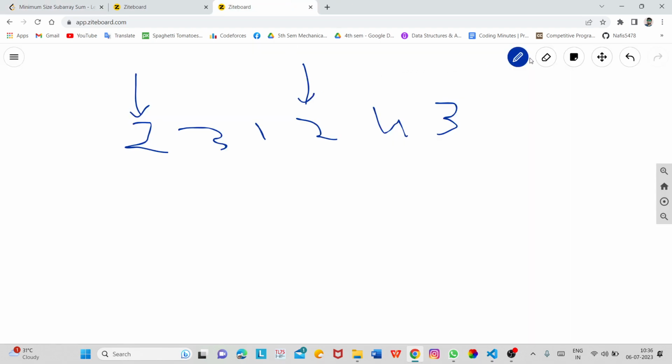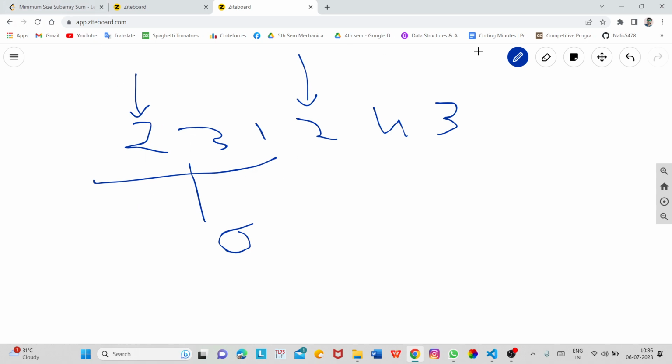You can see that when R was on the second index, the sum is 6. So in this case we will increase the value of R. We have increased the value of R, and still our sum is 6.